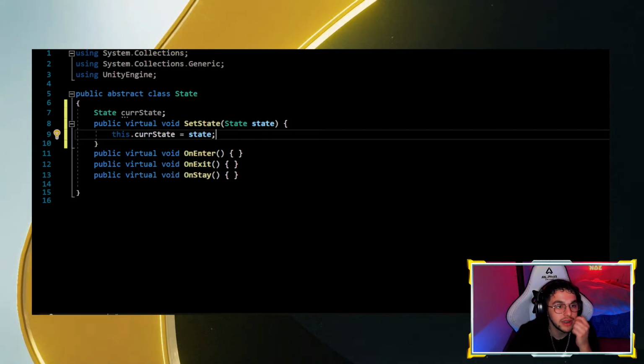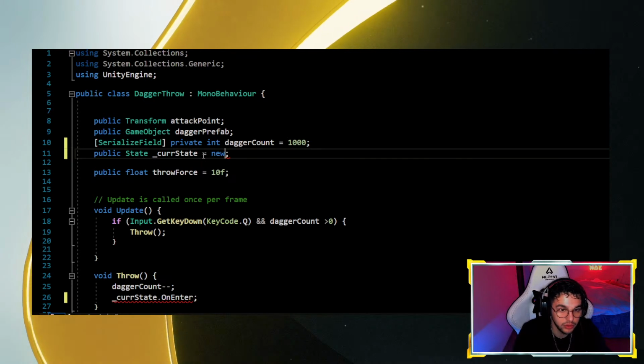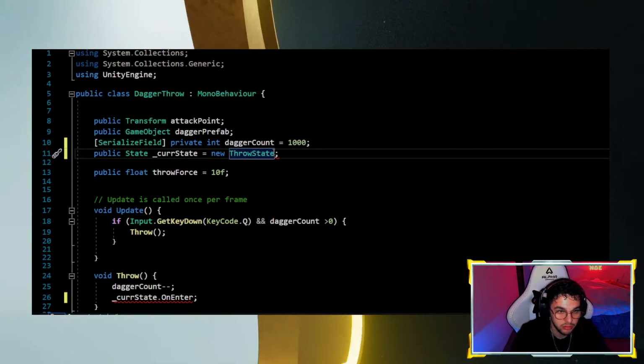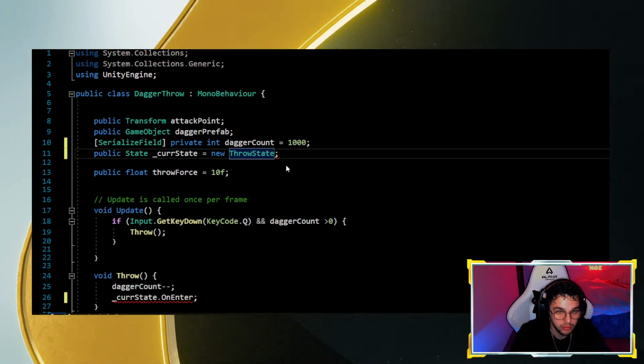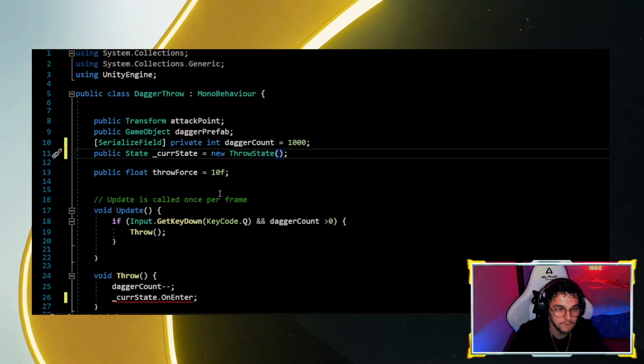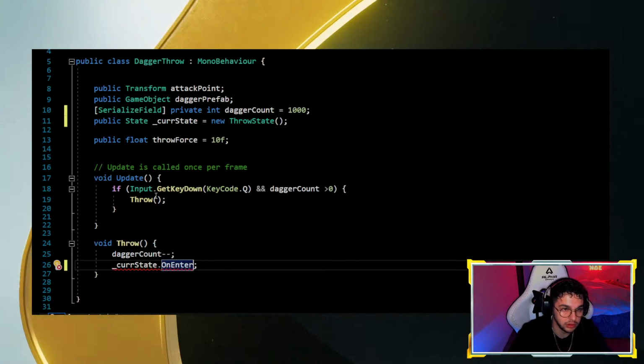And so, for example, if on dagger throw I say that this is equal to new throw state, like this, yeah, then here on update,